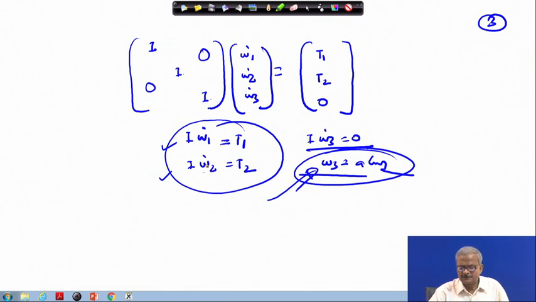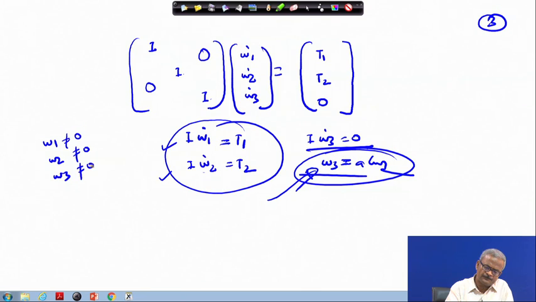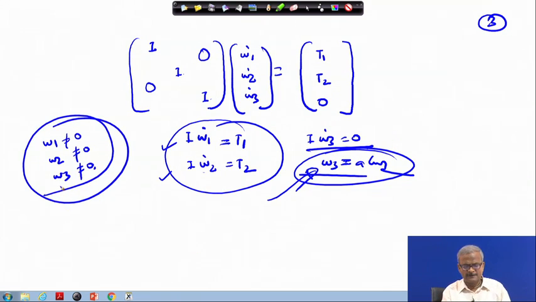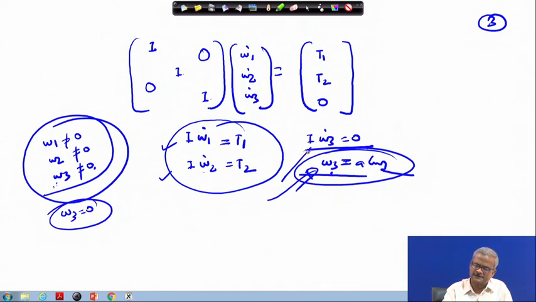So, if you have to control the attitude of the satellite, in many cases it may be required that you actuate the satellite along all the 3 axes. If the satellite is rotating right in the beginning along all the 3 axes like omega 1, omega 2 and omega 3, they are all non-zero quantities. And you have to bring along the omega 3 axis, say you have to bring it to omega 3 equal to 0, but there is no torque along this direction as seen here in this place. So, what will happen? We are not able to get the desired result.